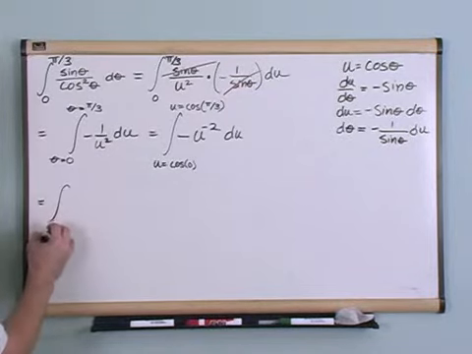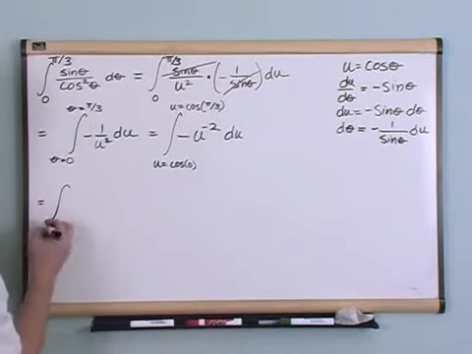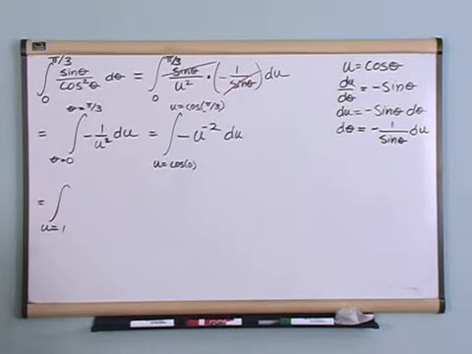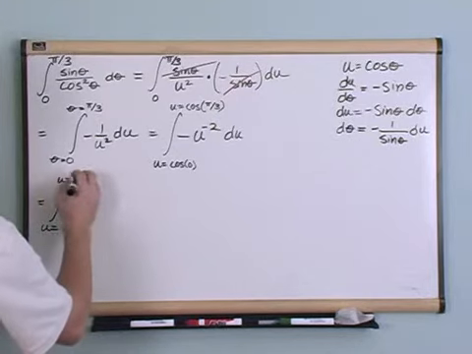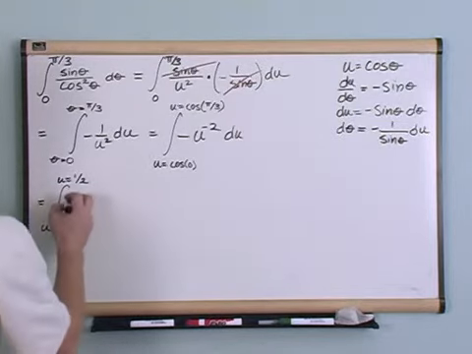Okay, I'm going to have a 1 on the bottom. Actually, I'm going to make it even more explicit than that. I'm going to have a u is equal to 1 on the bottom. And on the top, cosine of pi over 3 is like cosine of 60 degrees, right? So then this is going to be like u is equal to 1/2. Cosine of pi over 3 is 1/2. You can use your calculator or your trig table to figure that out. And in the end, what I'm integrating is